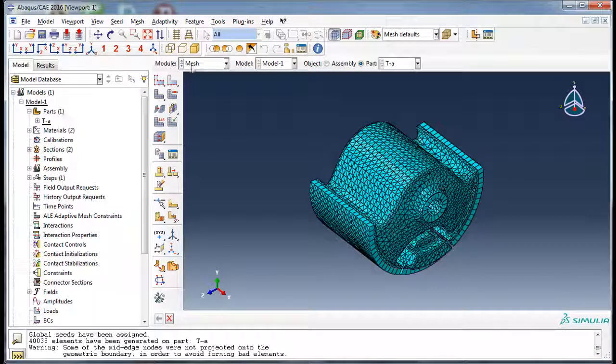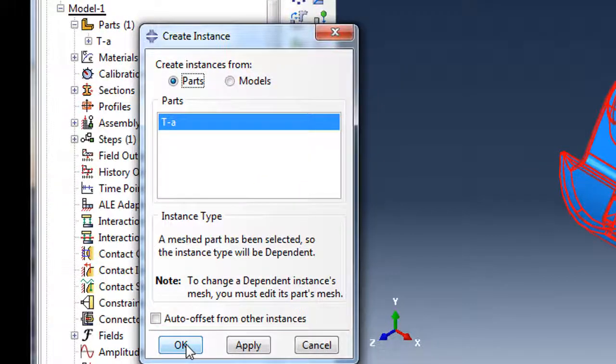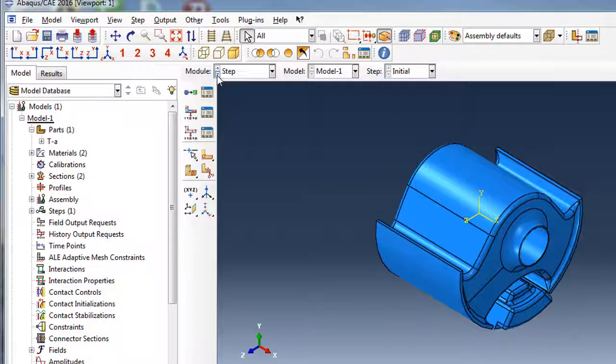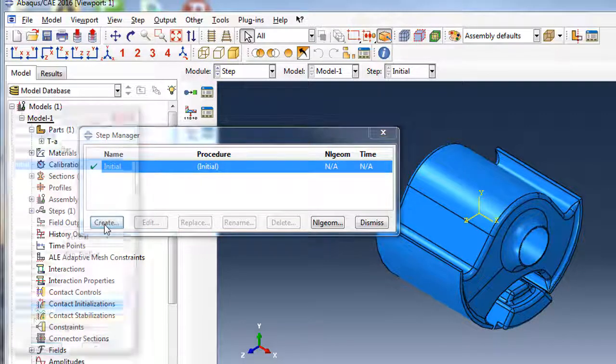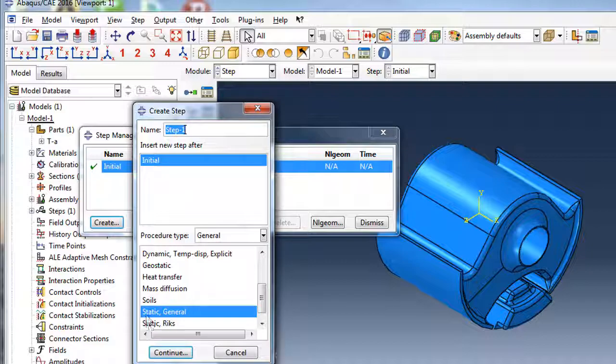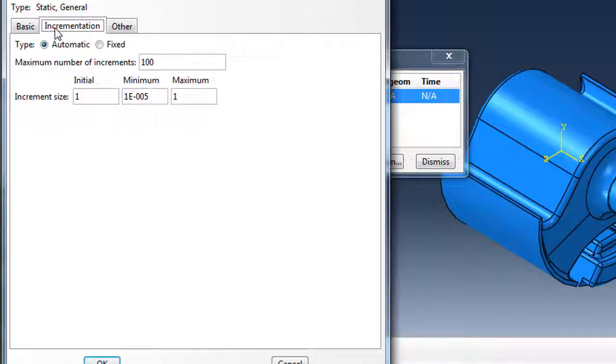Welcome to this section. After meshing the part, I must import the instance of this part into the assembly model. And in the step module, I create a step with the static general procedure for solving this analysis. The time period of this analysis is 1 second, and because I'm using a rubber material with nonlinear geometry, I select NLGeom. And the initial increment size in this analysis is